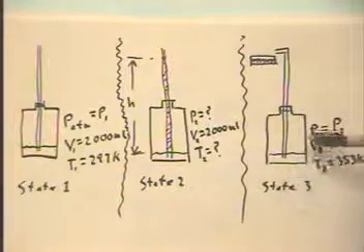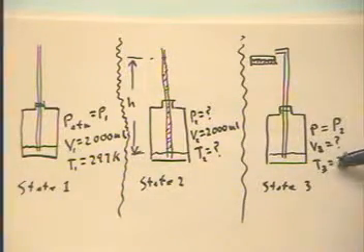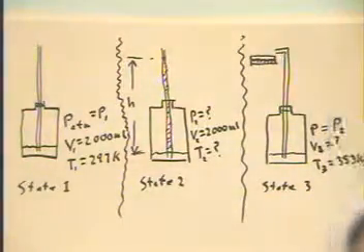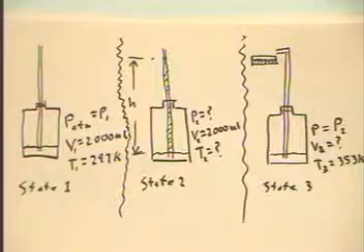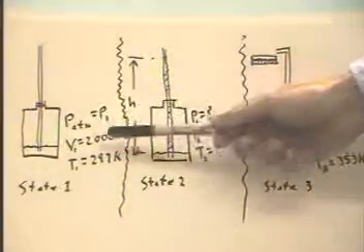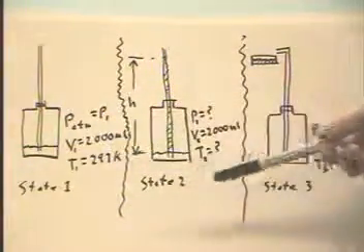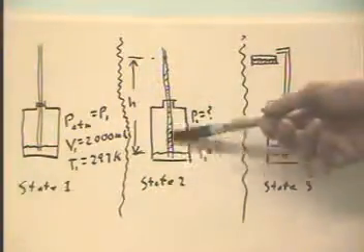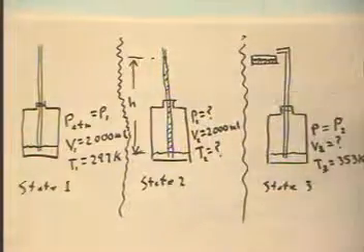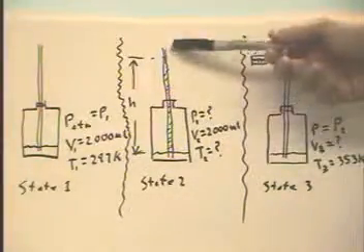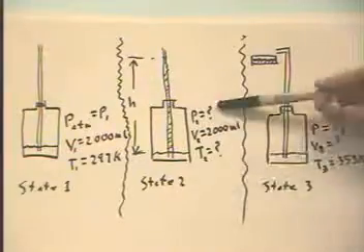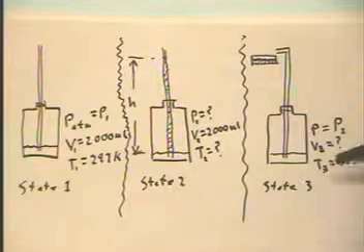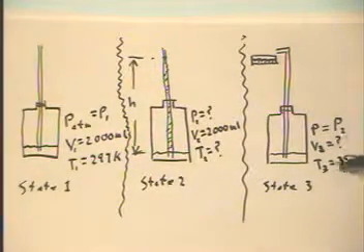State 3 is the state of the system when the temperature reaches its maximum possible temperature, in this case 353 Kelvin. In State 1, we see the pressure, atmospheric, volume, and temperature. In State 2, we don't know the pressure, we don't know the temperature, we do know the height, and the volume is remaining constant. From the height, we're going to be able to determine the pressure. Then from the pressure ratio and the original temperature, we can determine the temperature. State 3, we're at 353 Kelvin,